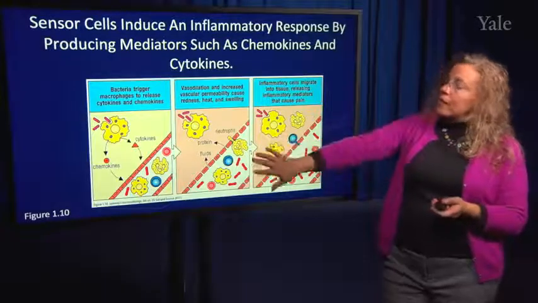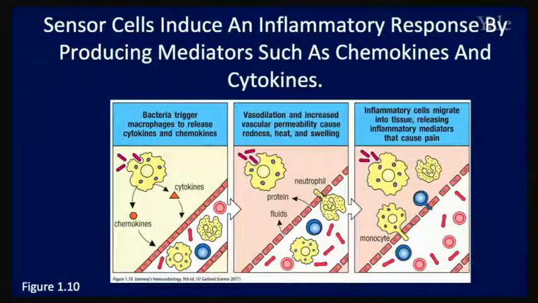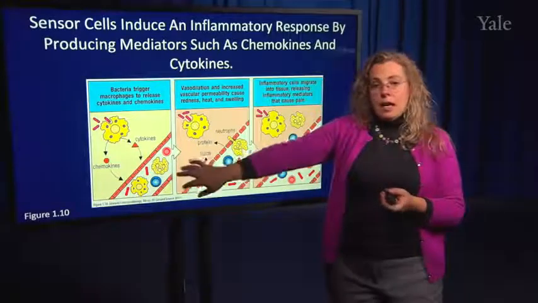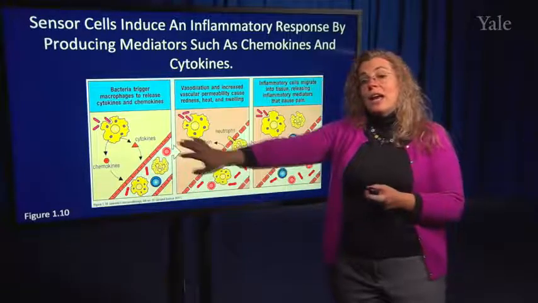So here's sort of a diagram of that. You have an immune cell here, and it's encountering some bacteria. It is producing those cytokines and chemokines. Now, this is in a tissue. Imagine that this is the skin, and you have your skin tissue here and an immune cell that's encountering a bacteria. It looks like it's eating that bacteria, but it's also making those cytokines and chemokines that are going to leave the tissue and go into the blood and signal to cells in the blood that, hey, there's a problem and we need your help.